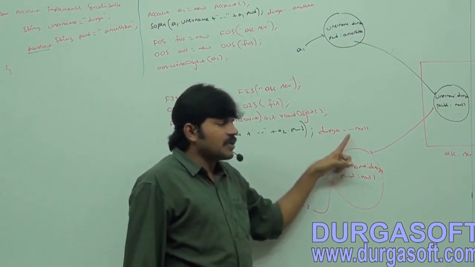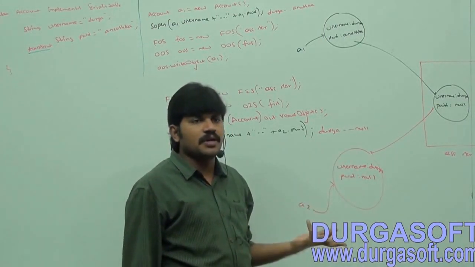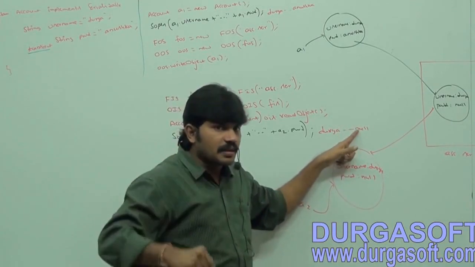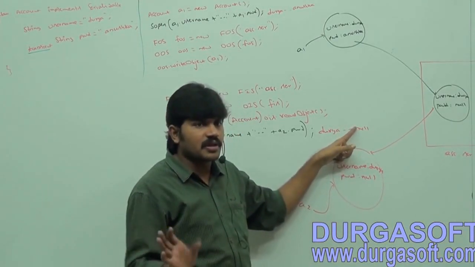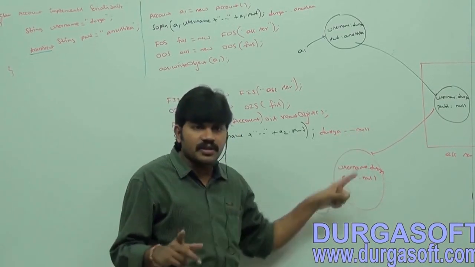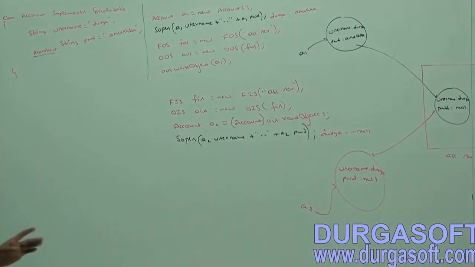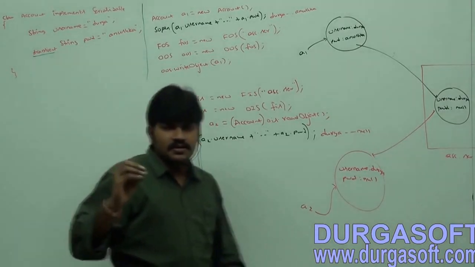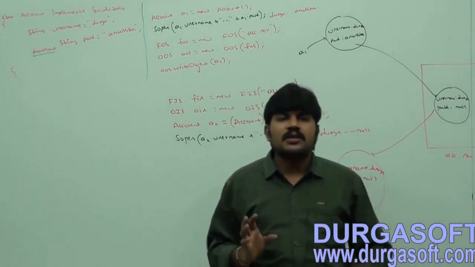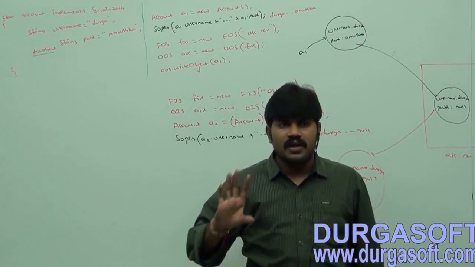Durga. But what is the password we are getting? Null. Why is this null coming instead of Anushka? Can you tell, Anushka gone? Why is this null coming? What is the reason? Because the password variable is declared as transient. So in default serialization, there may be a chance of loss of information because of the transient keyword.